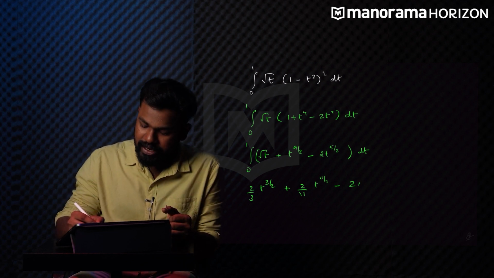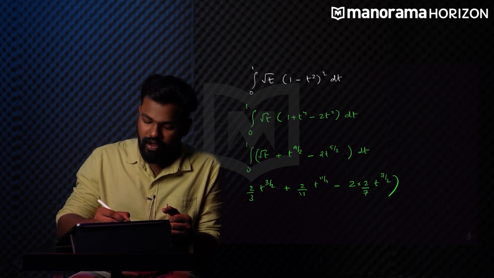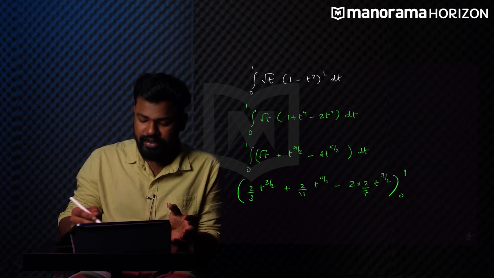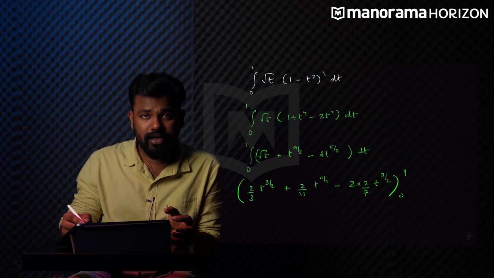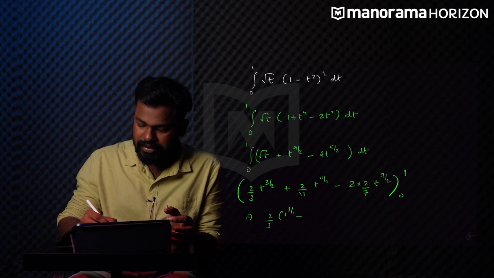When you write it here, you will be getting 2 into 2 by 7 t raised to 7 by 2 from the limit 0 to 1. What is the final thing that you do? Apply the limits. So applying the upper limit, you get 1 over here. So you will be getting 2 by 3, 1 raised to 3 by 2 minus 0 raised to 3 by 2,